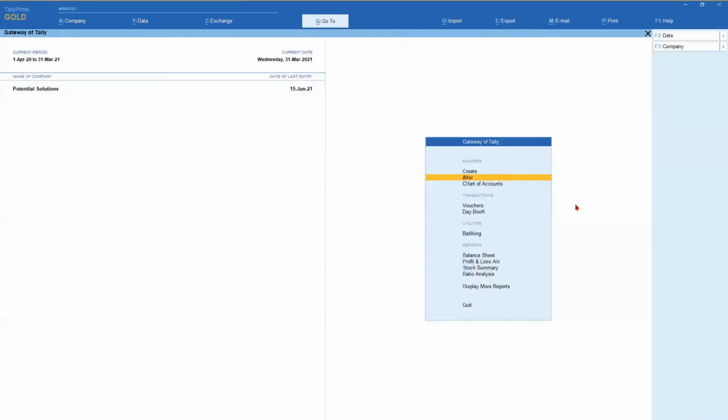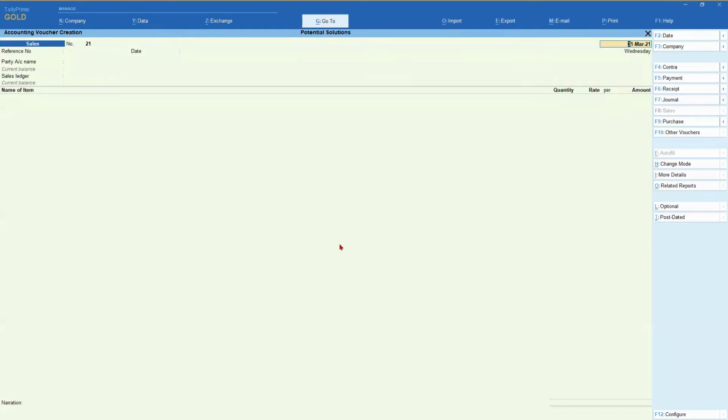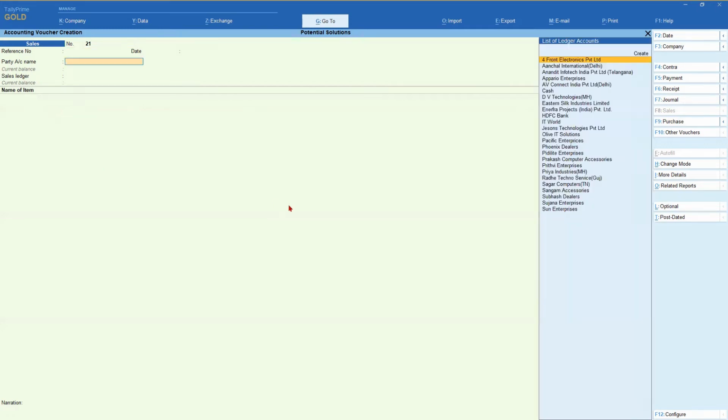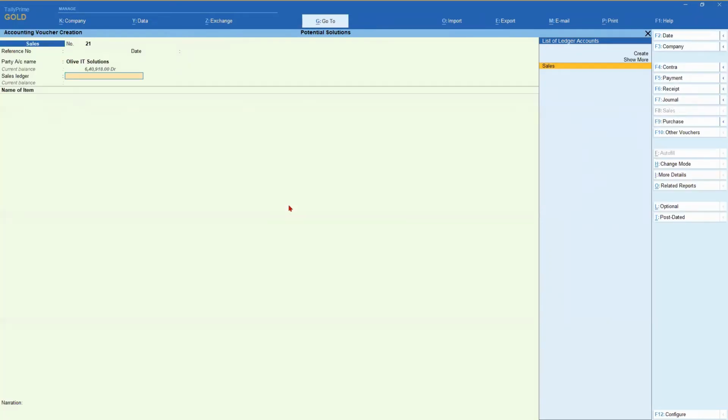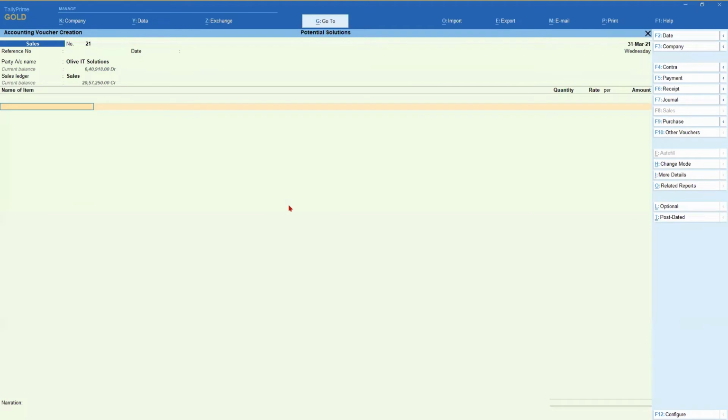Now when I go into my invoicing, let us make a sales invoice for this item. So you go to voucher and make sure that you are in the sales invoice. In case you don't get the sales invoice, on the right hand side button bar you have the voucher type, so you can press F8 or you can click here to get your sales invoice. So date, I'm going to select the party. Let us say I'm just selecting a party here. Control A, sales ledger. Now I'm selling this laptop core i7.